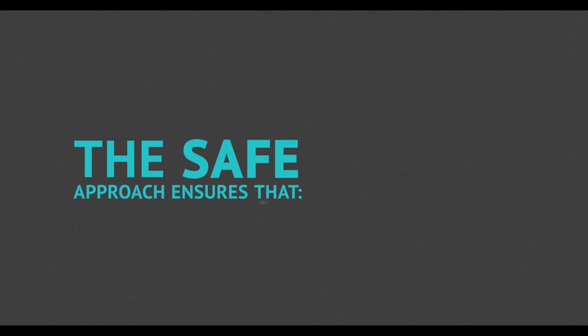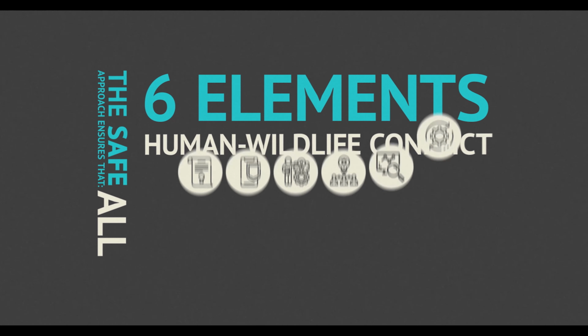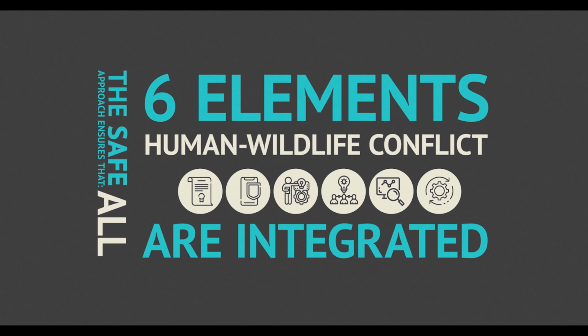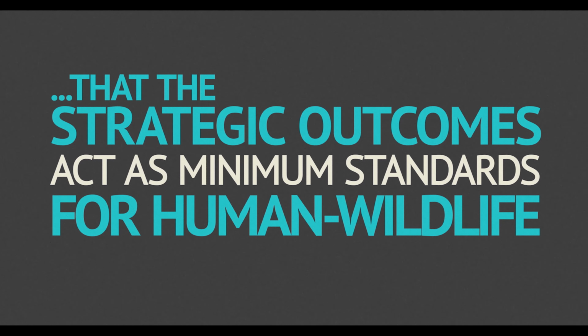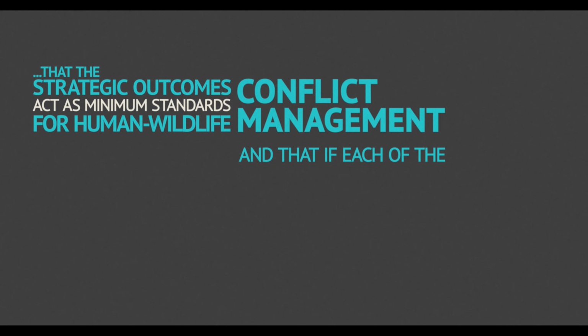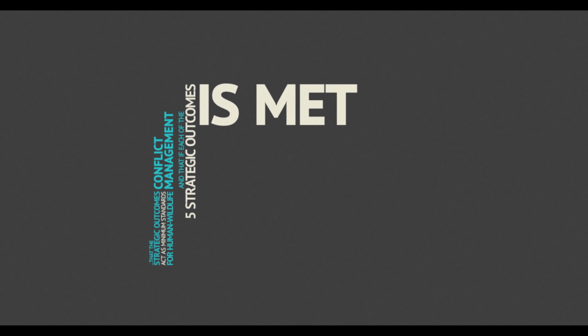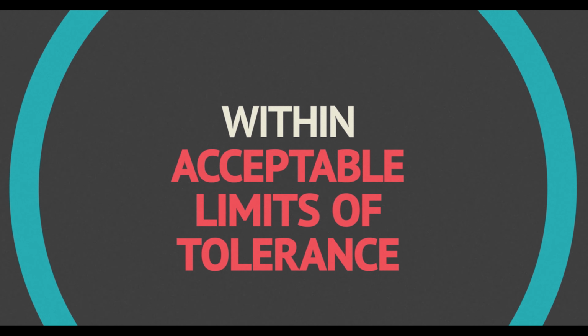The safe approach ensures that all 6 elements of human-wildlife conflict are integrated, that the strategic outcomes act as minimum standards for human-wildlife conflict management, and that if each of the 5 strategic outcomes is met, then the contact between humans and wildlife is minimized, and both can be safe in the event of a contact within acceptable limits